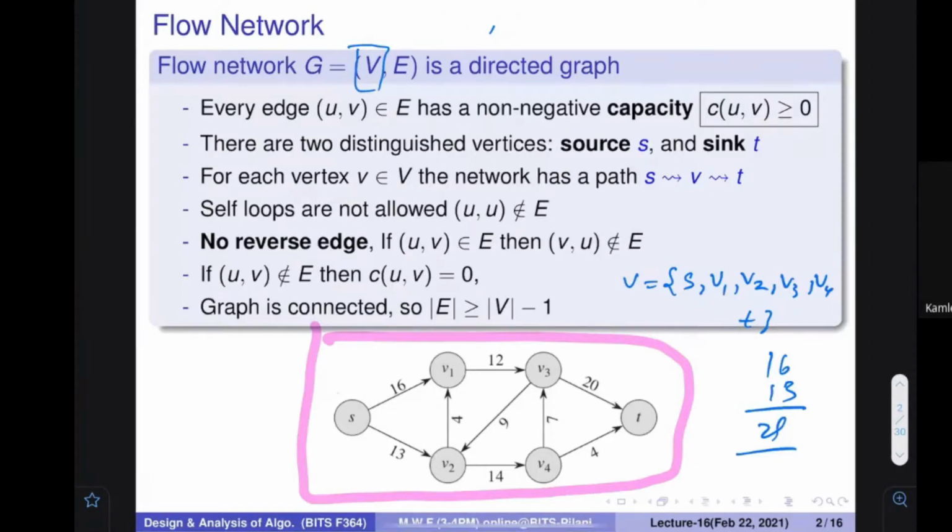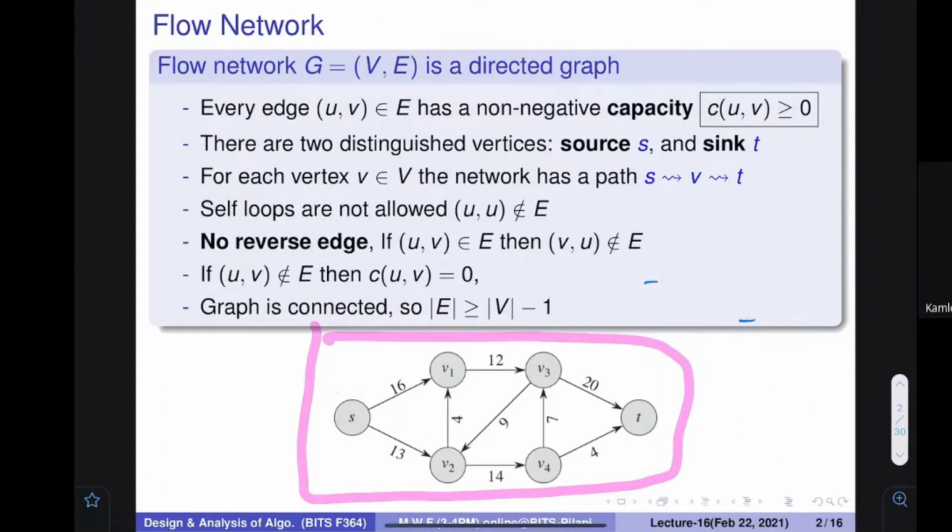Okay, so let us see some of the definitions. I think naturally you would be able to understand all these things, so let me just read them out for you. For every edge, you consider any particular edge, non-negative capacity means capacity is positive. Any problem in that? The capacity is positive because I'm sending positive items. Make sense? So if I want to find out the capacity of UV, it is going to be greater than 0. Any problem? No. So straightforward.